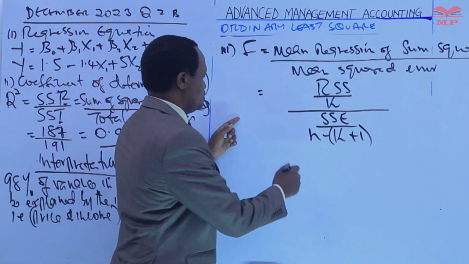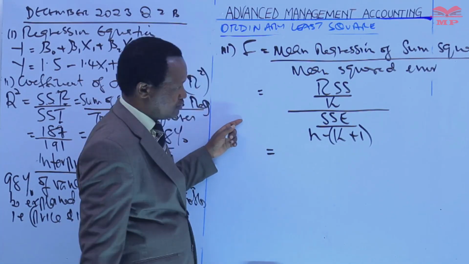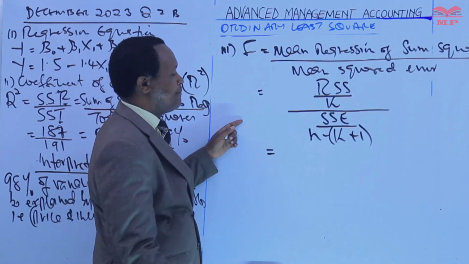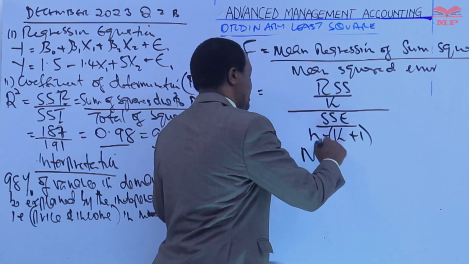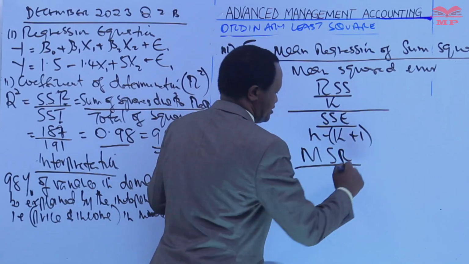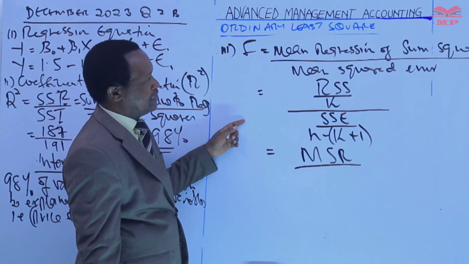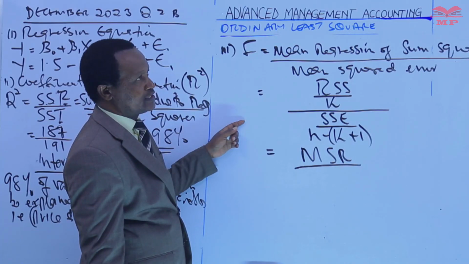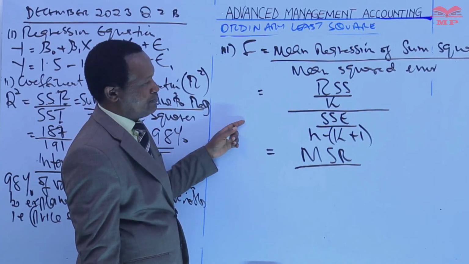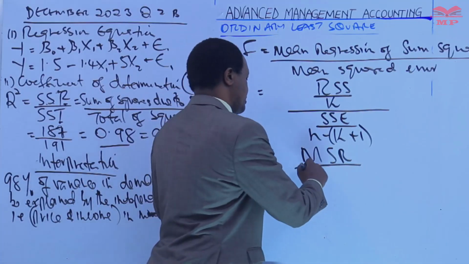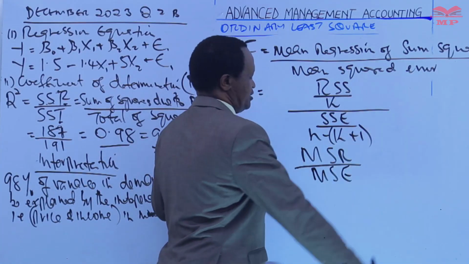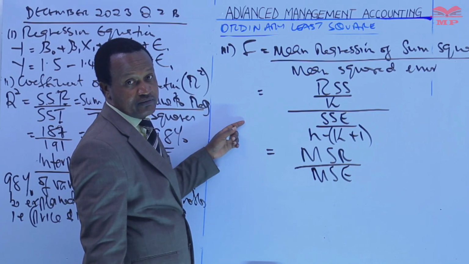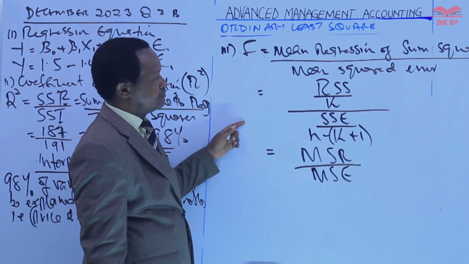Or simply, it can simply be just MSR, and we divide by MSE. The F statistic, where